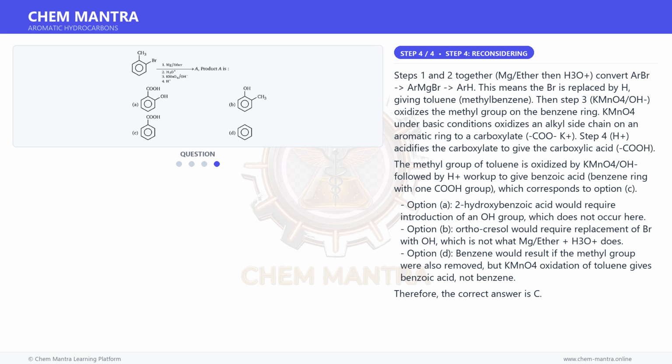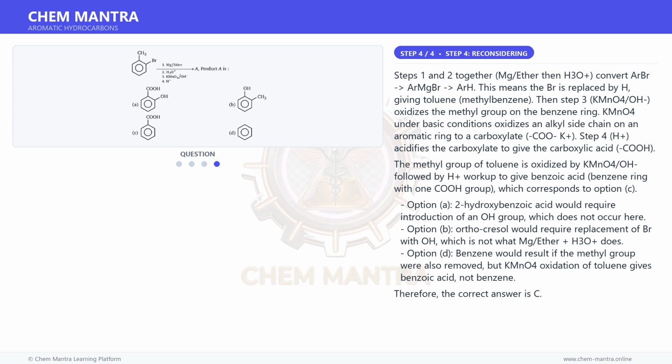Then step 3, KMnO4 oxidizes the methyl group on the benzene ring. KMnO4 under basic conditions oxidizes an alkyl side chain on an aromatic ring to a carboxylate, COO-K+. Step 4, H+, acidifies the carboxylate to give the carboxylic acid, COOH. The methyl group of toluene is oxidized by KMnO4 followed by H+ workup to give benzoic acid, benzene ring with